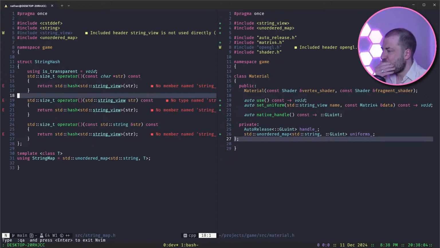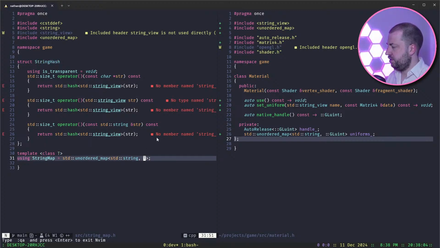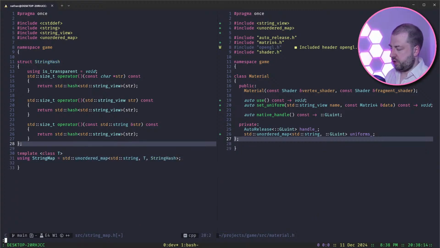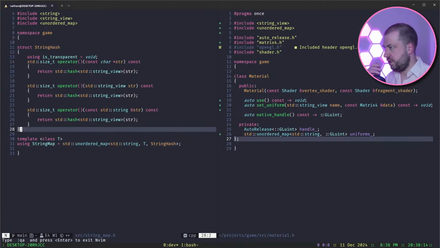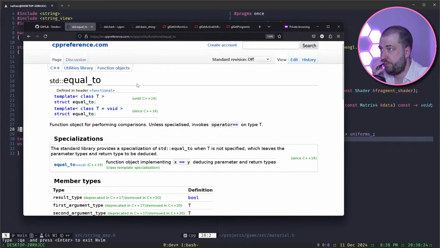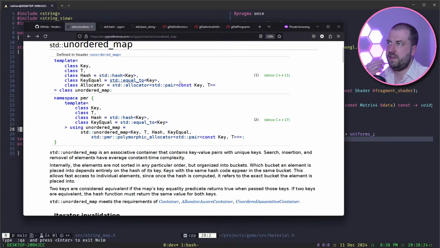Okay, so basically what we can do now is we can pass in this hash function here. It's not the full story. Obviously not, because there's one more thing we have to worry about, and that's this key equal. So this is templated on a functor, I guess, or function object. But how do you compare keys? Okay, so again, by default,